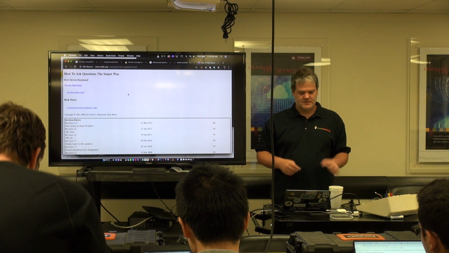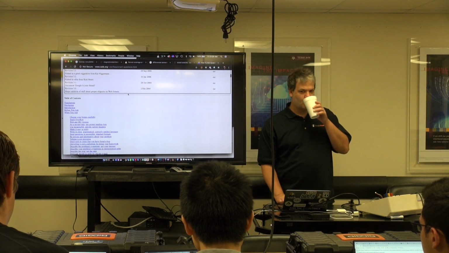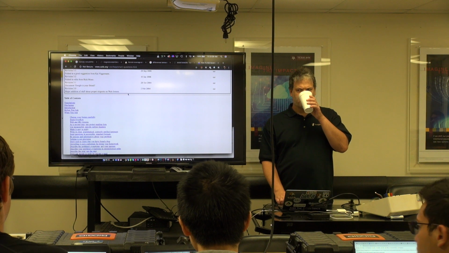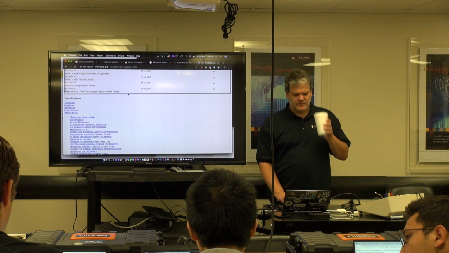So, I think this page is worth fully reading once, and then if you need a reminder of a nice format to submit a problem, the Strauss